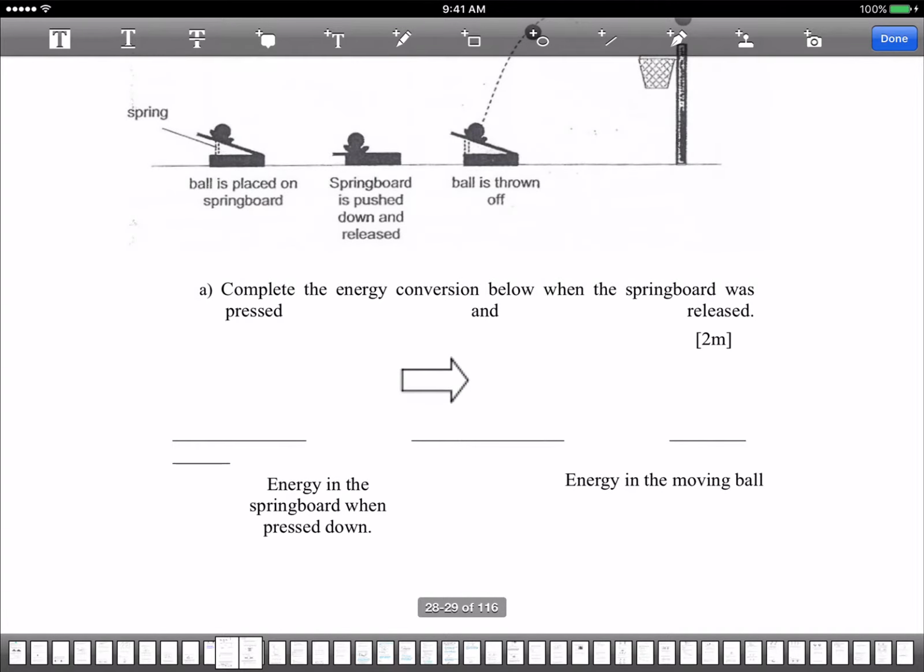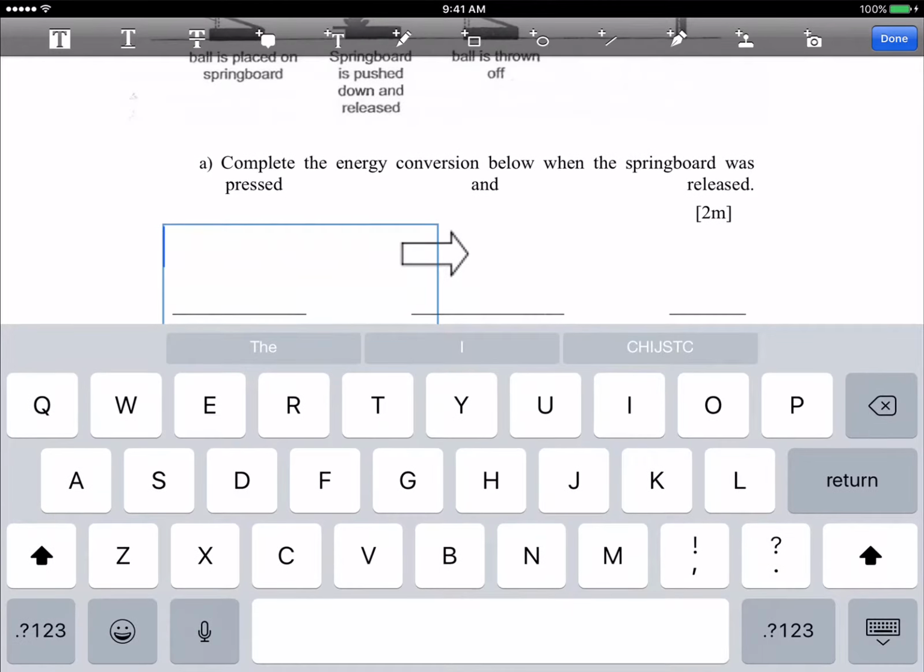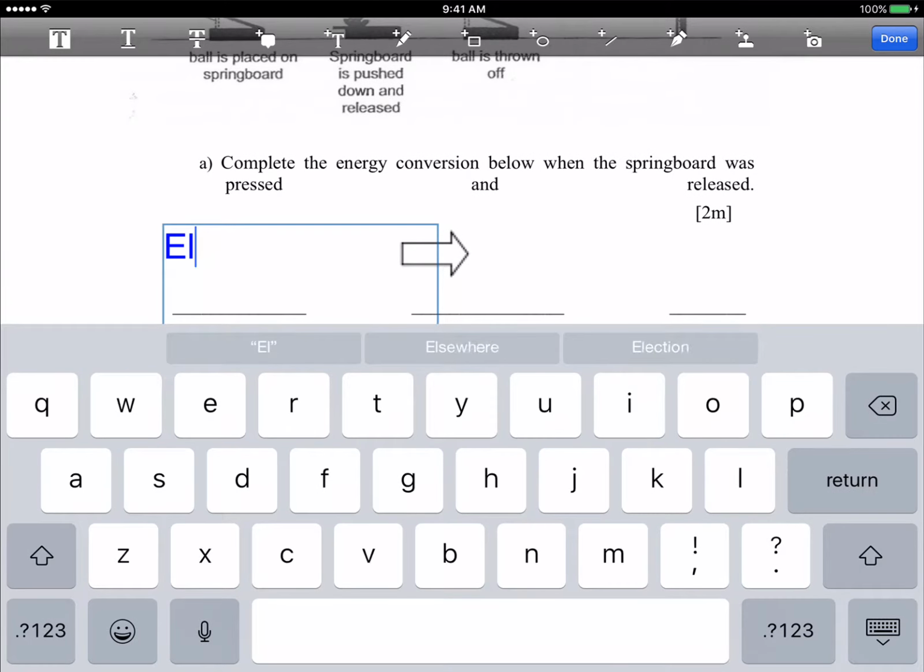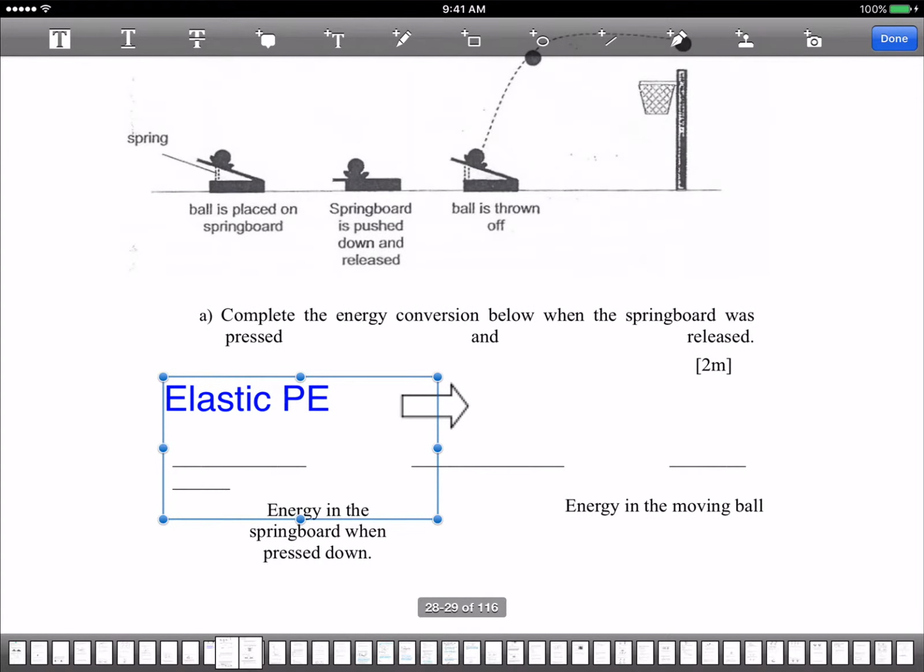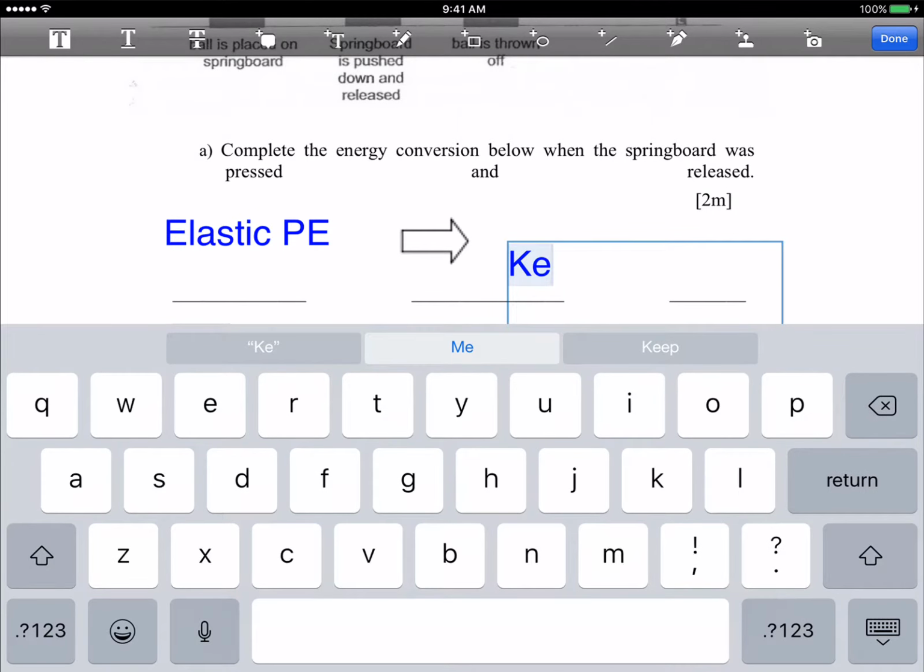What's the energy conversion? PE is converted to KE plus GPE. Yeah, very good. So the first one that you will fill in is elastic potential energy. Yep, I put EPE. I'm just going to go short form. So elastic potential energy is converted to kinetic energy plus